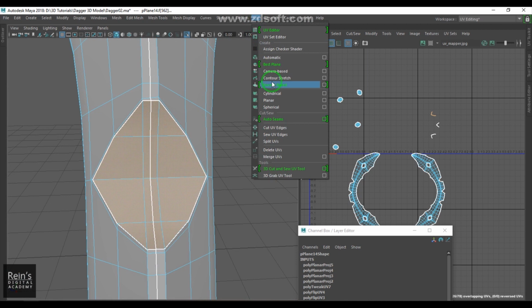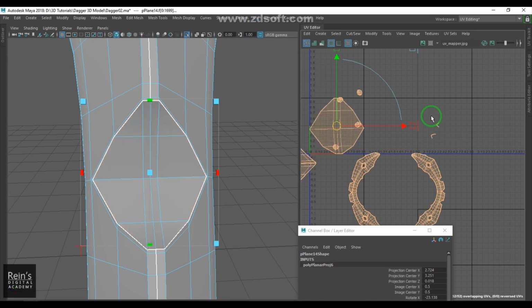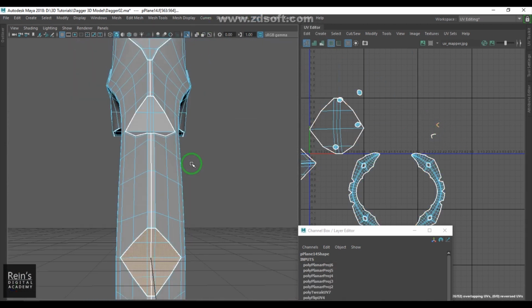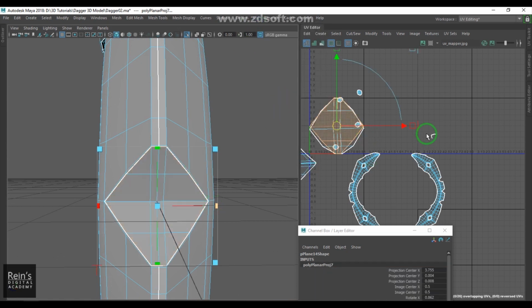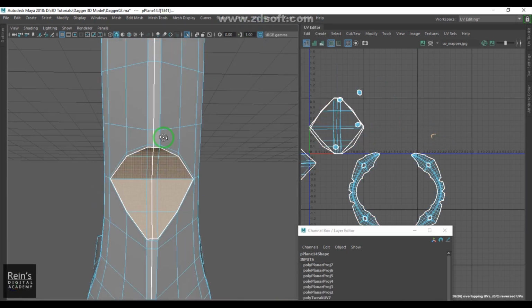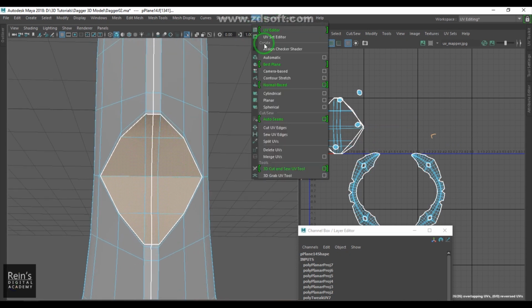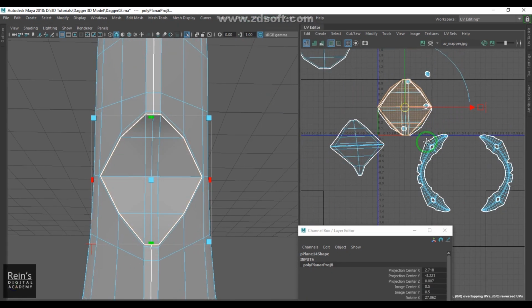Select the faces, apply planar mapping, select the faces, planar mapping, planar mapping. Okay,